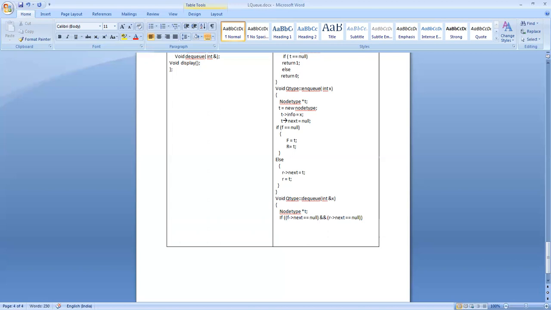So before removing that, you display the contents of the queue: cout front reference info.